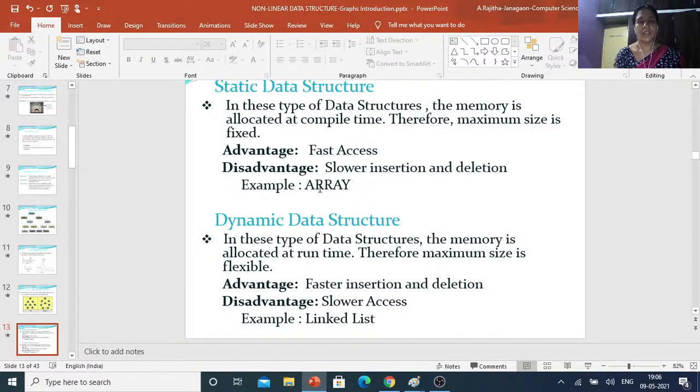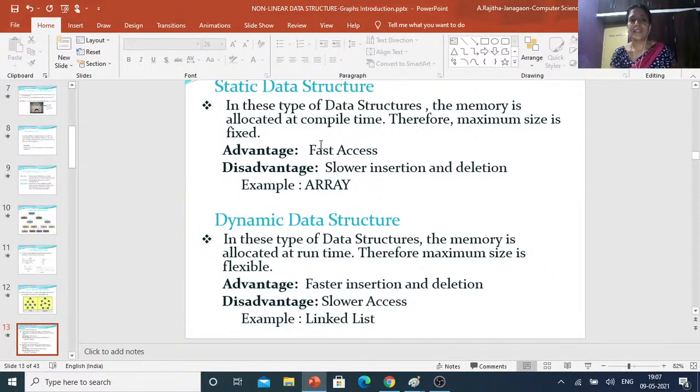That maximum size is declared while writing the program itself. When you compile the program, that much memory is created. Therefore the maximum size is fixed in a static data structure.